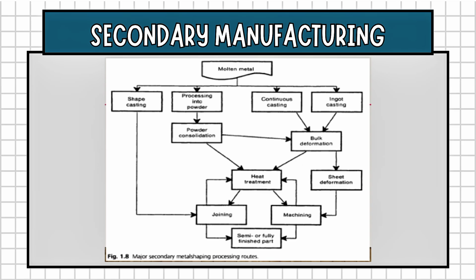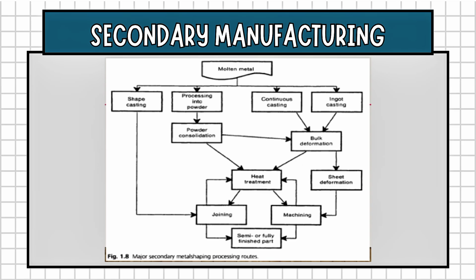This is the route used for making products such as plates, sheets, automotive body panels, cans, and other thin-walled components. Many of these processing routes lead to a central step, heat treatment. Heat treatment modifies the metal's microstructure to achieve desired mechanical properties such as hardness, toughness, ductility, or strength. This step is essential because even after shaping, the internal structure of the metal must be